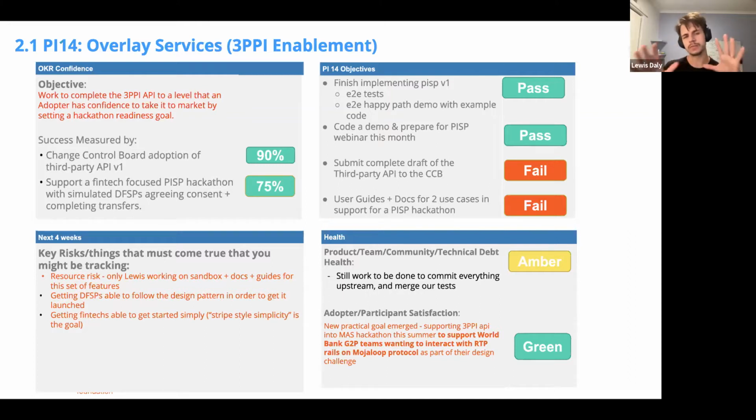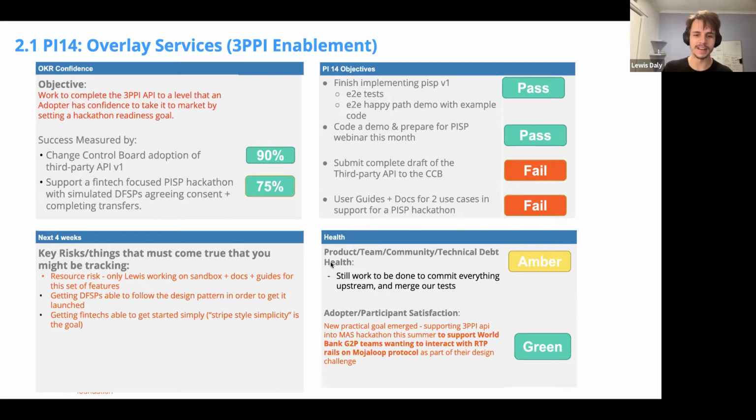There's a bunch of different problem statements that participants need to solve, and we're hoping that Mojaloop can plug some gaps in last mile delivery of transfers into real payment networks. So I don't want to go too much into detail. Leslie can correct everything I just said that was wrong in a second.